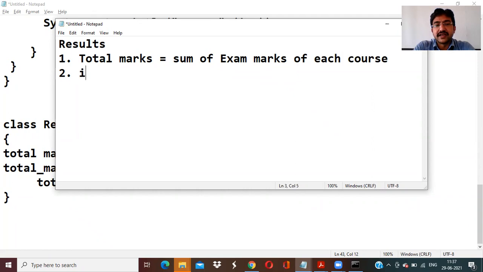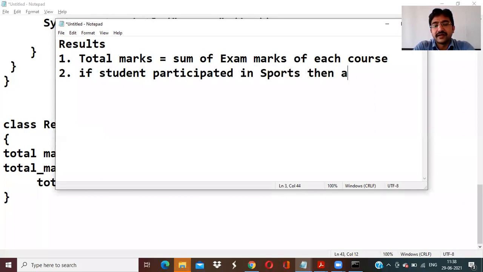Next, we have to ask if the student participated in sports, then add sports grace marks. So if it is S only, we need to add this. At that time, what is the total marks?